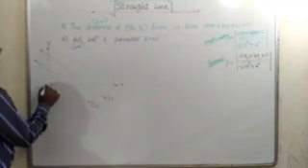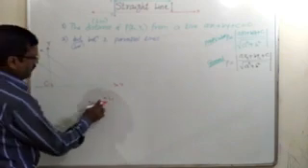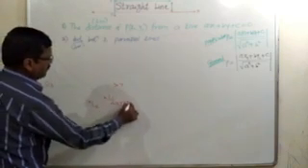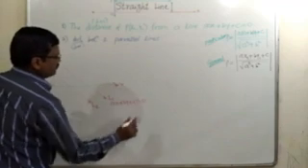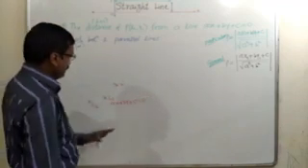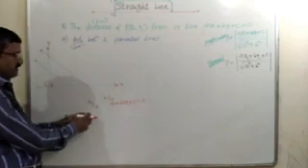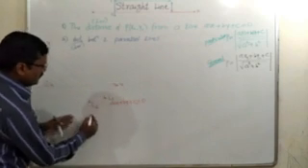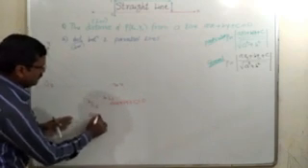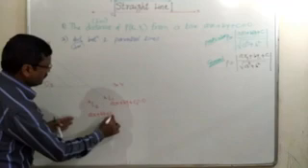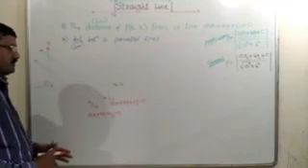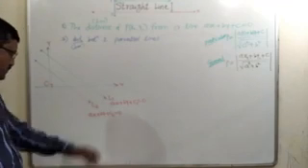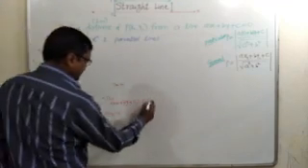Let us consider the equations of these two lines as ax plus by plus c equal to 0. If you consider this is the first line, then to consider the equation of the second parallel line, we have to change this constant. So for that we will take here constant c1, and the equation of the second line will be ax plus by plus c2 equal to 0. So in the equations of two parallel lines, the difference is only in the constants, because the slope of this line is